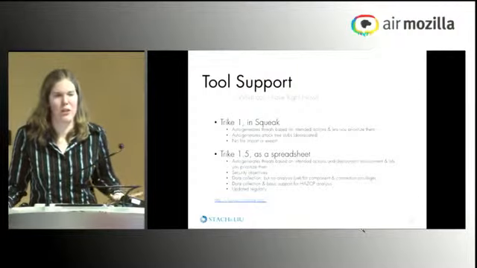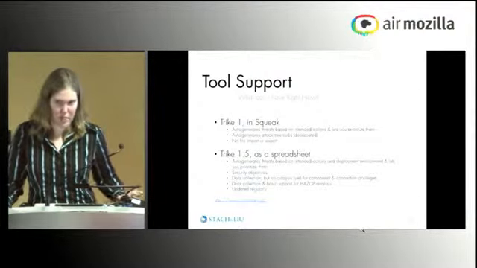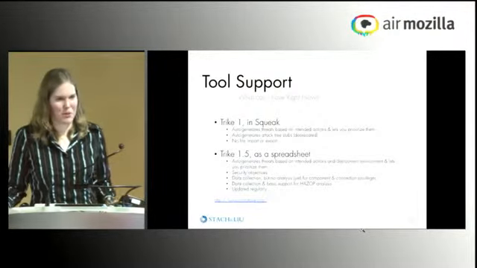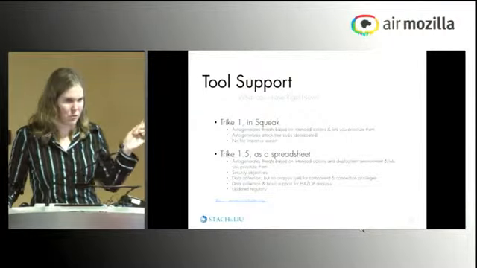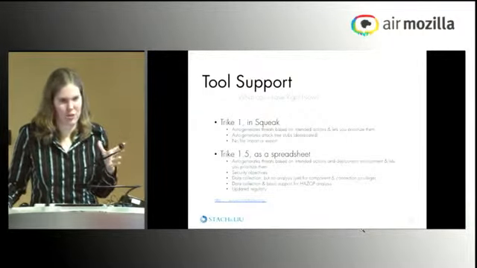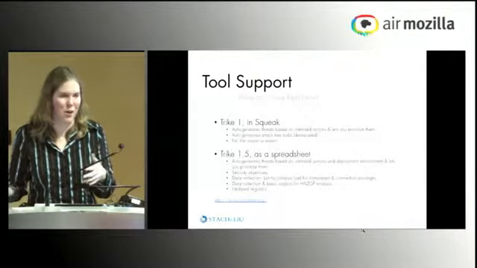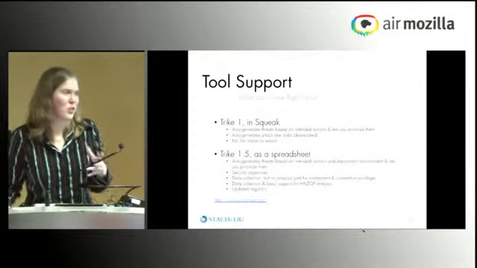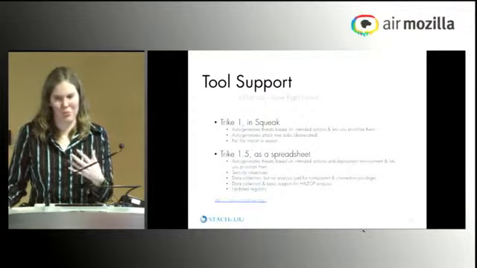If you want stuff in or out, you have to cope with Squeak and write your own little write-it-to-file thing. So it was kind of a prototype, and we meant to update it, and it's been a while. So in the interim, what we've done is we've come up with basically Trike 1.5, which is this spreadsheet. We thought we'd just automate a little bit, and now we have this whole methodology that's completely diverged from everything else. We thought we'd just put some stuff in a spreadsheet so that we had something to give clients